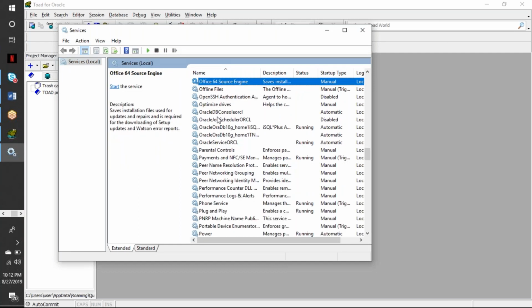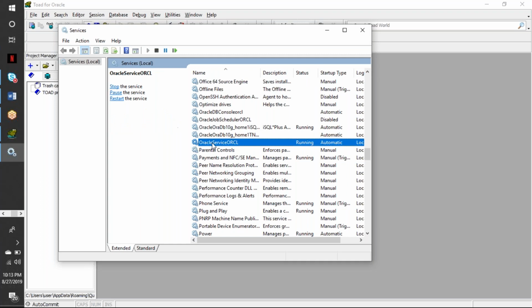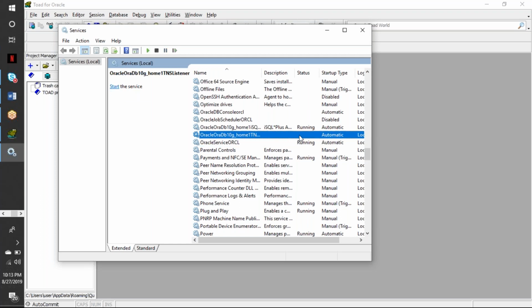There you can see the Oracle service, the ORCL service. Wait, don't right click. Is that running? What is the status of that? It shows running. So the above one, expand the name.